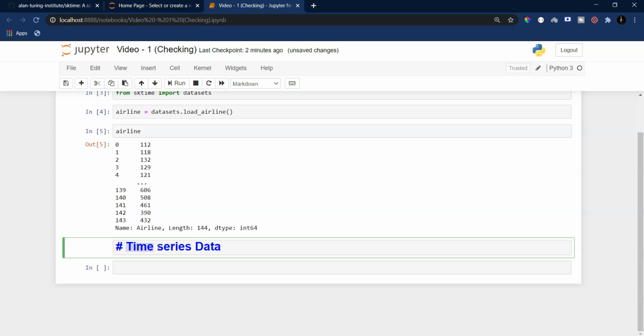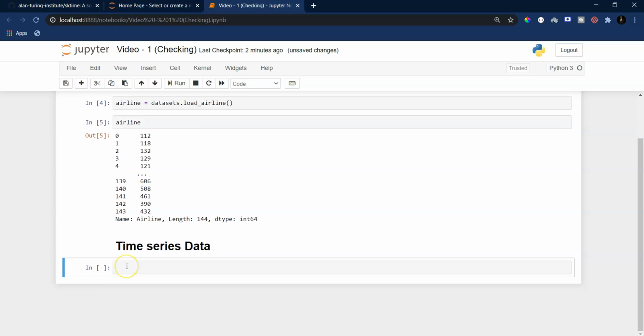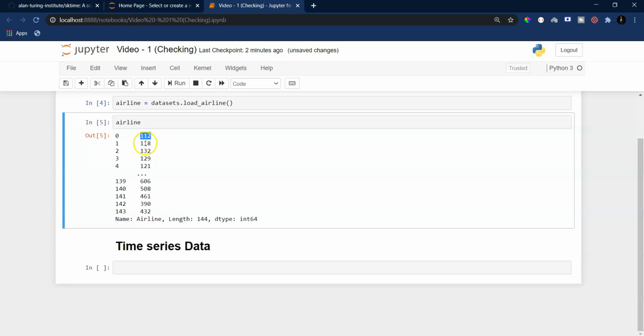It is a data set which is indexed by time. And what do I mean by indexed by time? So we have only one single variable, and that one single variable's values are recorded at fixed intervals of time. Here the variable that we are considering is the number of flights that are taken.